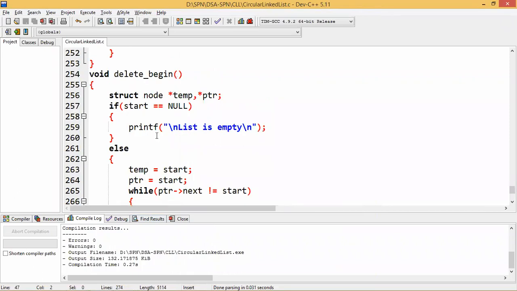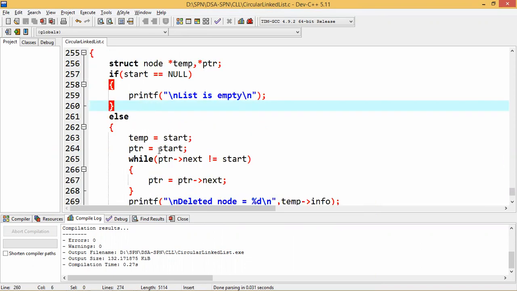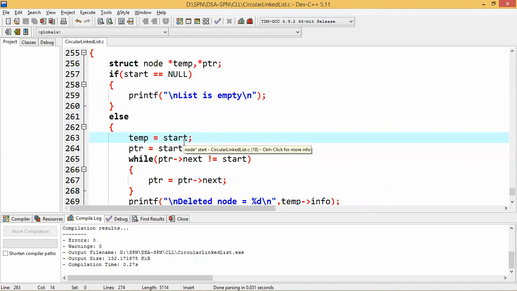linked list. Okay. But here one special case can be present that we have already discussed in single linked list: after deleting every node one by one, whenever you are deleting the last node, start needs to be initialized with null. That I am not writing here. Okay. You have to watch the video of delete from beginning of single linked list. You have to learn how that special case was implemented, and the same you need to incorporate here in this particular program so that your code will be complete. Okay.